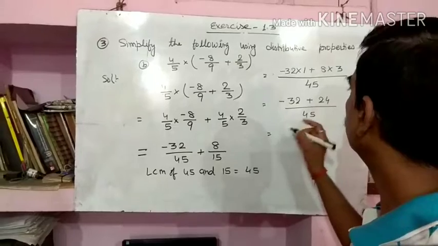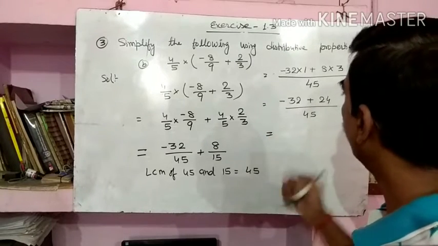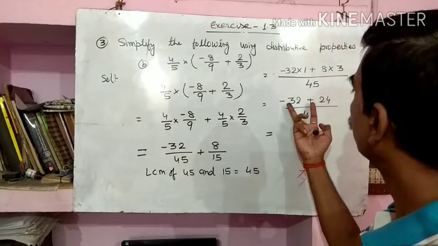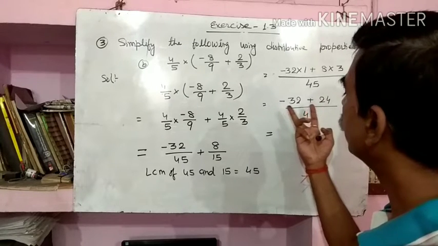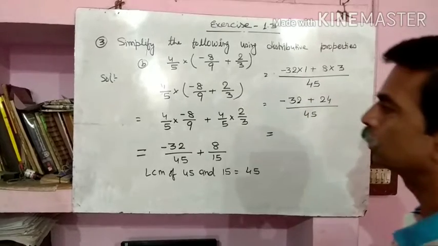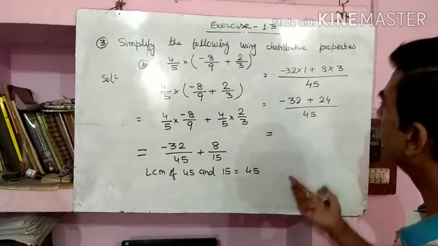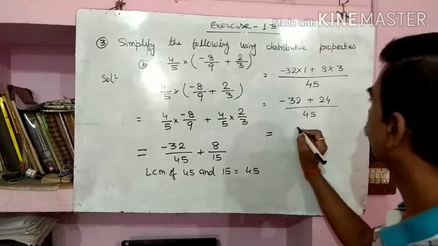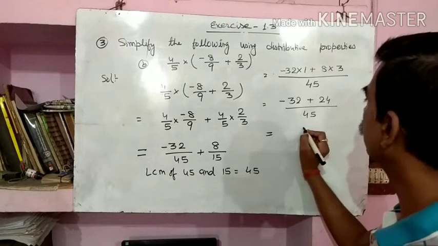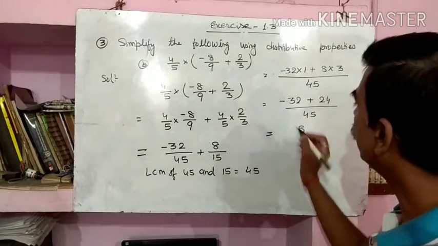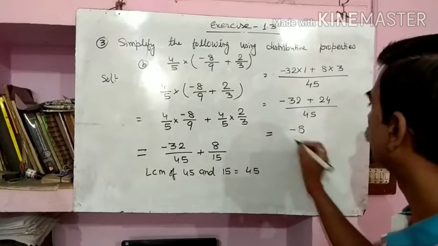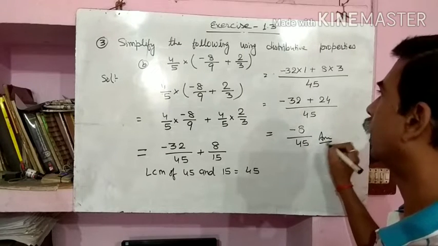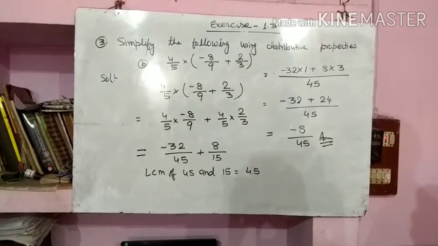24 by 45, which is what we discussed in last class, that if two different numbers are given and the two different signs are there, then the same sign is going to be added and the different sign is going to be subtracted. Subtract the smaller value from the bigger one. What you get? 12 minus 4 is equal to 8. So it will be 8. And the sign of the bigger one, which is minus, by 45. So this is the answer. Okay.